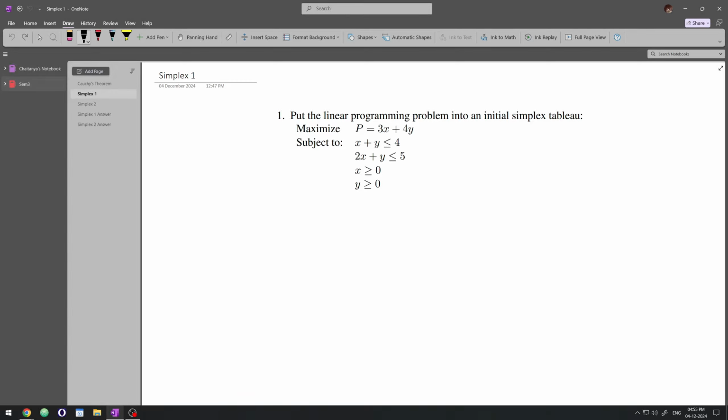Hello guys, today we're going to be covering the SIMPLEX method of LPP, linear programming problem, which is basically optimization of a function. So I have an example here. This is the function which we need to maximize, 3x plus 4y, and we're given constraints here. We have two constraints, x plus y is lesser than or equal to 4 and 2x plus y is lesser than or equal to 5, and we have two